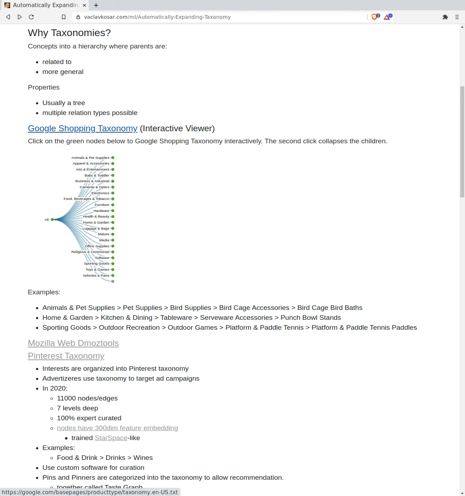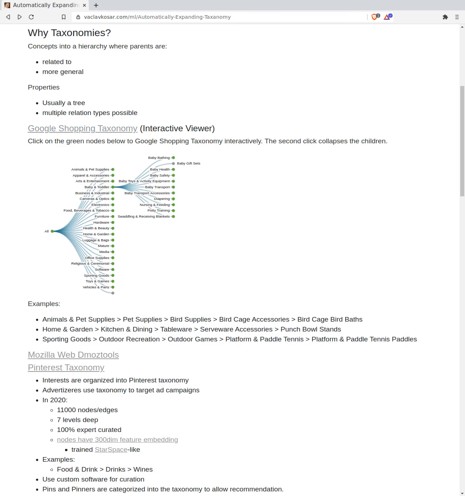Usually there is some kind of use case. The parents are usually related to, but more general than the children. There could be multiple relationship types at the same time in the taxonomy, but usually it's some kind of tree. So I created this quick taxonomy viewer of the Google Shopping taxonomy,